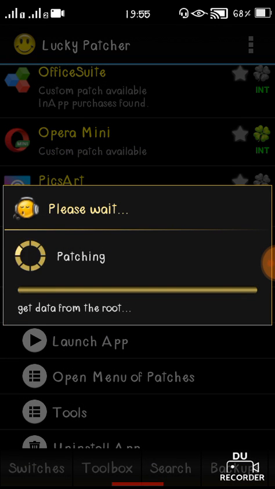So now the patching is setting up and will start very soon. As you can see, the patching has started, and guys, this may take a minute or two, so you must have some patience till the process completes. Now it's analyzing the results.